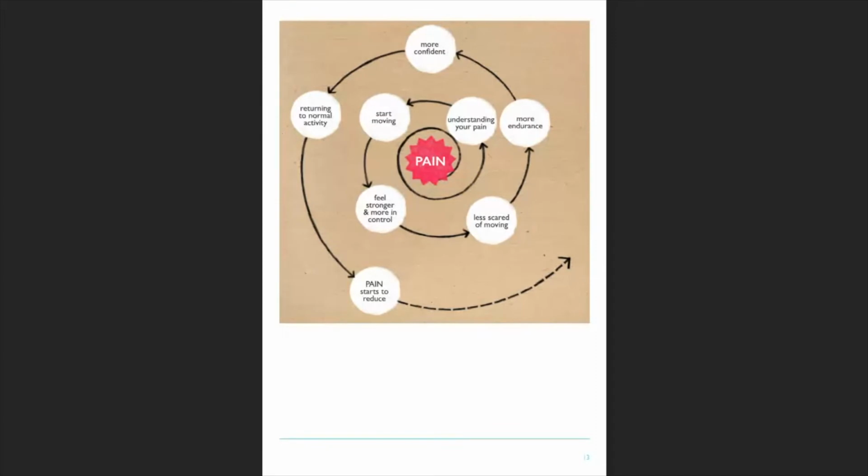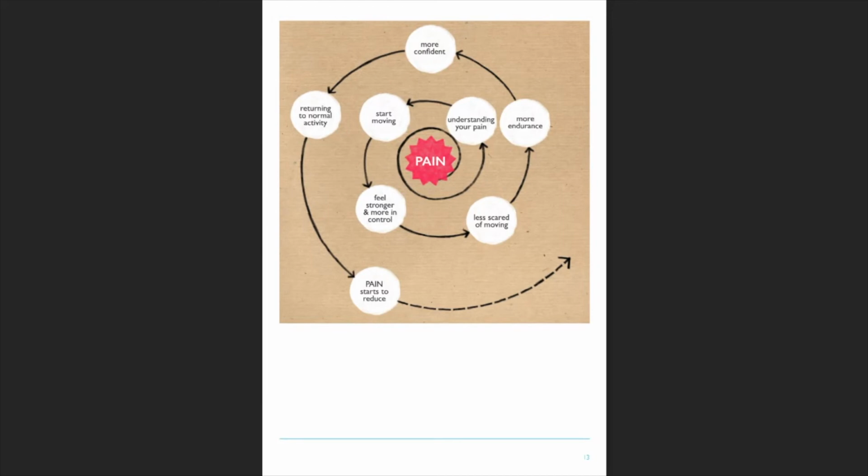This is what that upward spiral looks like, and it starts off with pain, and the first thing is understanding. Now, I know that you guys are limited in your access to rehabilitation because the suite's closed, and why I put an emphasis on us going about it this way in this class is because understanding pain, clinically reasoning to help somebody understand that hurt doesn't equal harm, that we can be sore but safe, and giving people optimism and a good prognosis, actually is really liberating.